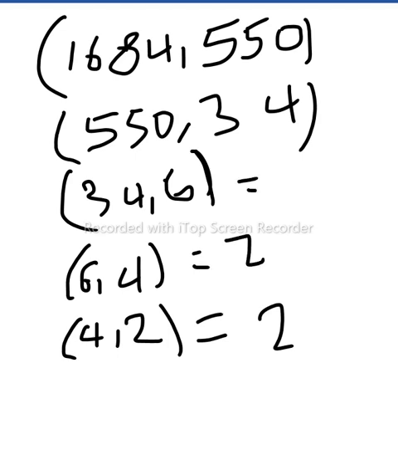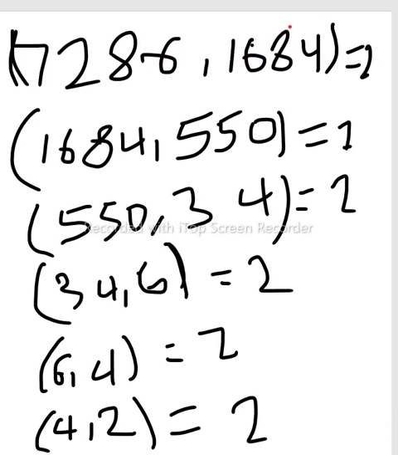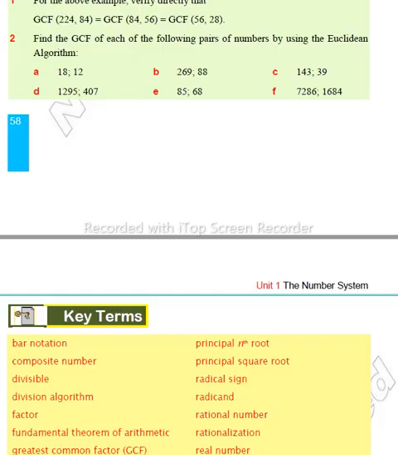As you can see here, this is 2, the greatest common factor of this, also 2, this also 2, for all 2, according to the Euclidean algorithm. So this is all about exercise